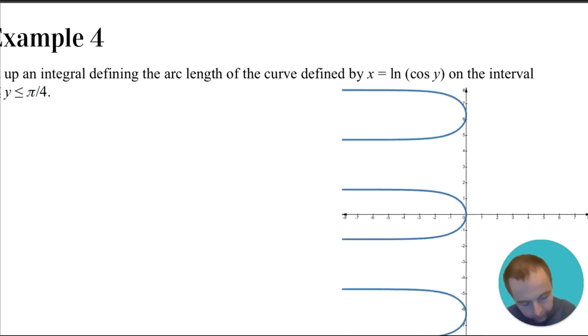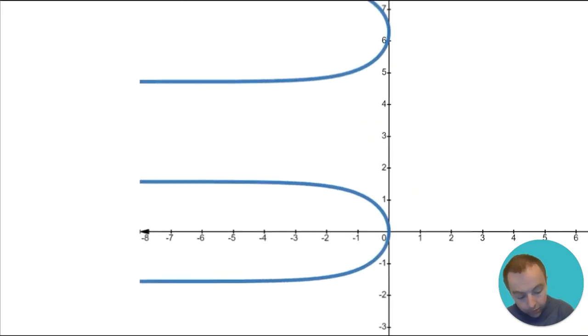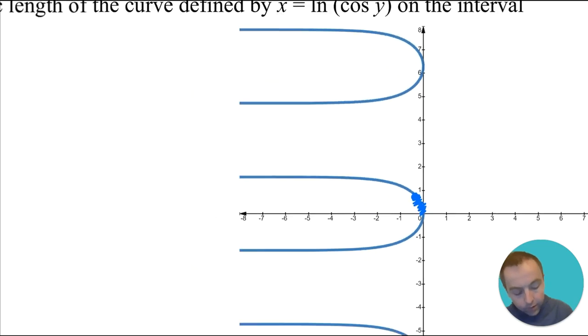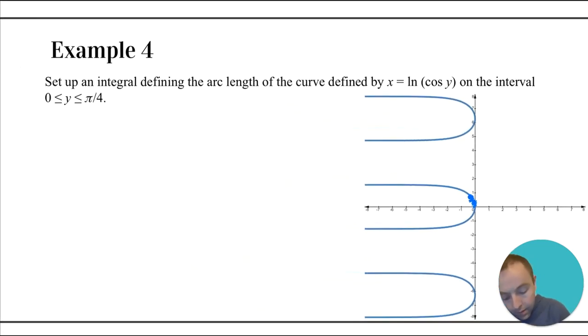Yeah, so basically just from 0 to pi over 4. So pi over 4 would be a little bit less than 1. So we're only really looking at a very small portion of the curve, like right there, right? Yeah, so since the function is already solved explicitly for x in terms of y, then we don't